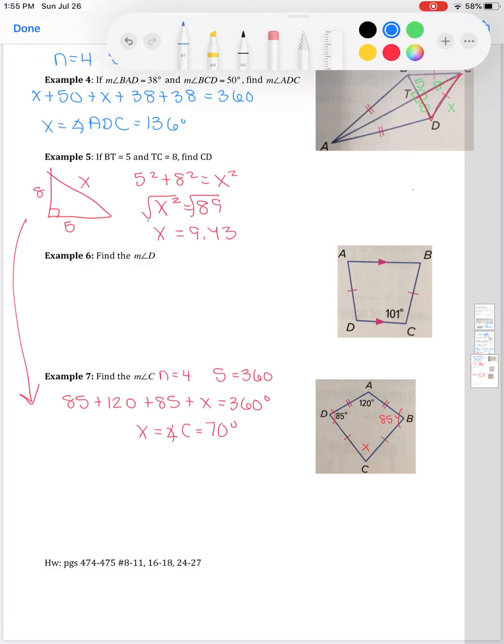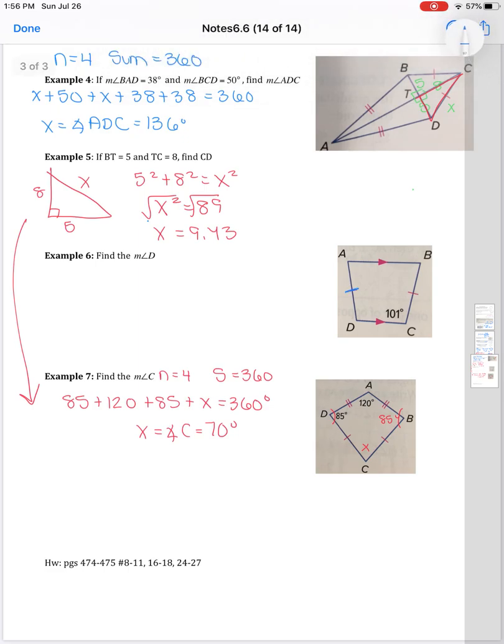So we have another kite and we want to find C. Well, if this angle is 85, I know this angle is 85, and here's my x. So again, n is equal to 4, which means the sum of the angles is 360. So 85 plus 120 plus 85 plus x equals 360, which when I solve, x is my angle C, which is going to be equal